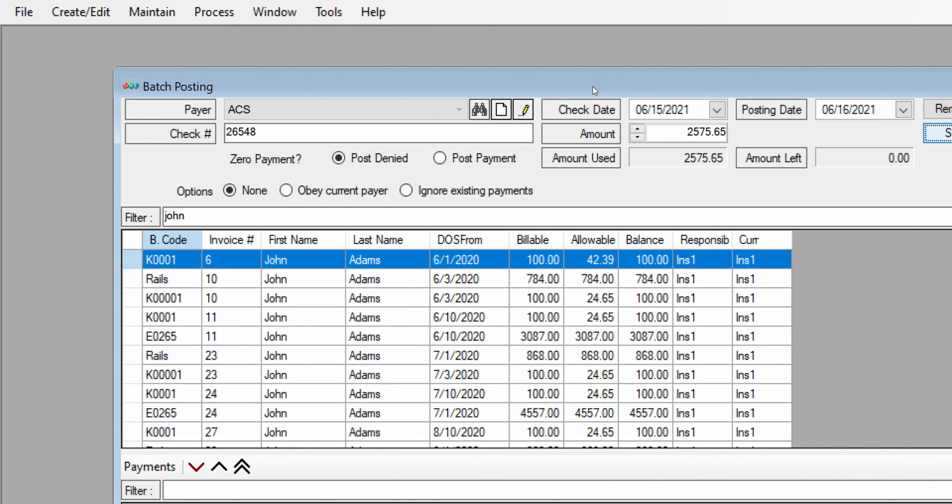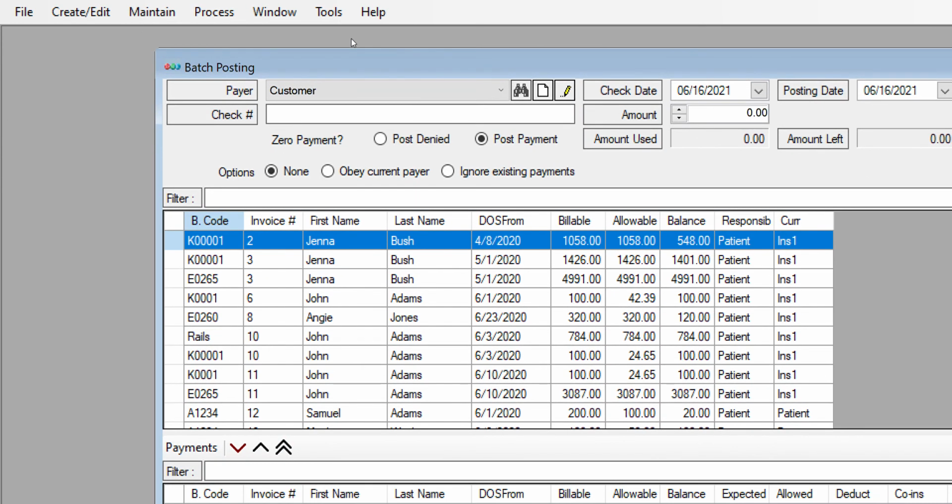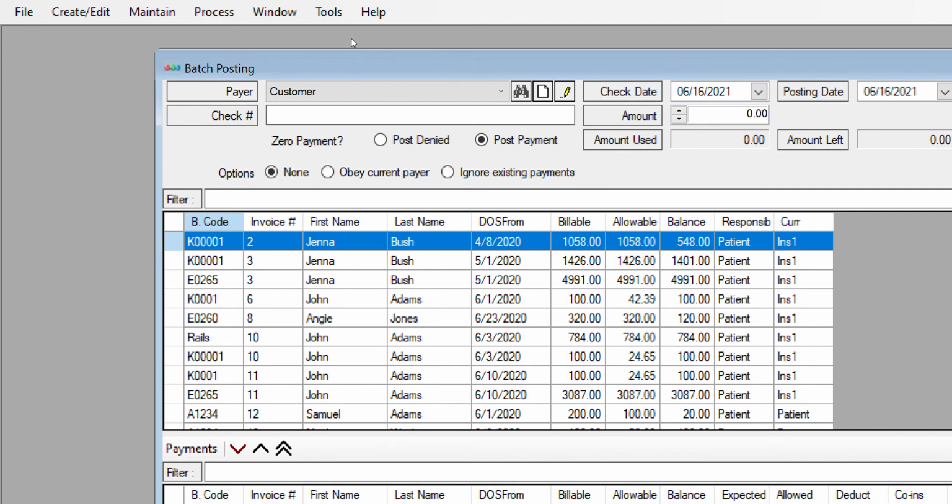Now that posts all of those into all the accounts. It's very important if you're doing another check, you have to close out, go back into process batch payments, and start the process over. If you want to see everything that was posted for a specific time period, you can